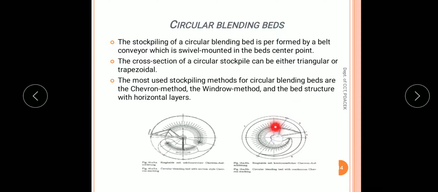At the center there will be a discharge point from where the material is poured, and it will make this circular cone, and this also is a stockpile. In this circular blending also you have the chevron method, windrow method, and other methods which you have seen in longitudinal stockpiling.